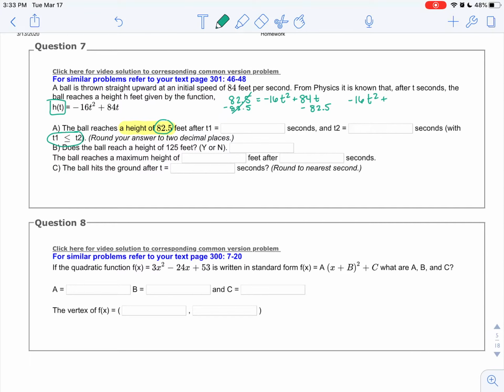Oops, I'm running out of room. I'm going to give myself some more space here. Just move this over there. Okay. Here we go. So negative 84 plus or minus the square root. B squared is 84 squared minus 4